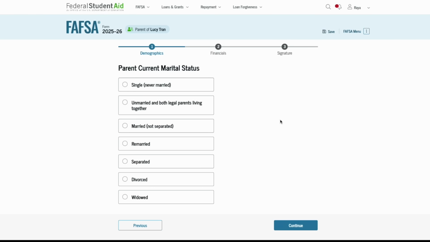Select the option that applies to the parent's marital situation. If the parents are unmarried and living together, both parents will need to include information on the FAFSA. If remarried, include the parent and step-parent information. If separated or divorced, the parent who provides the most financial support for the student in the last 12 months